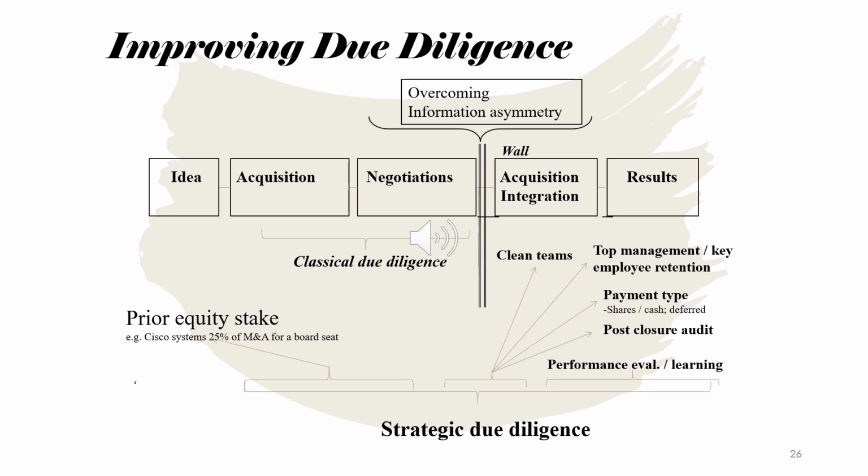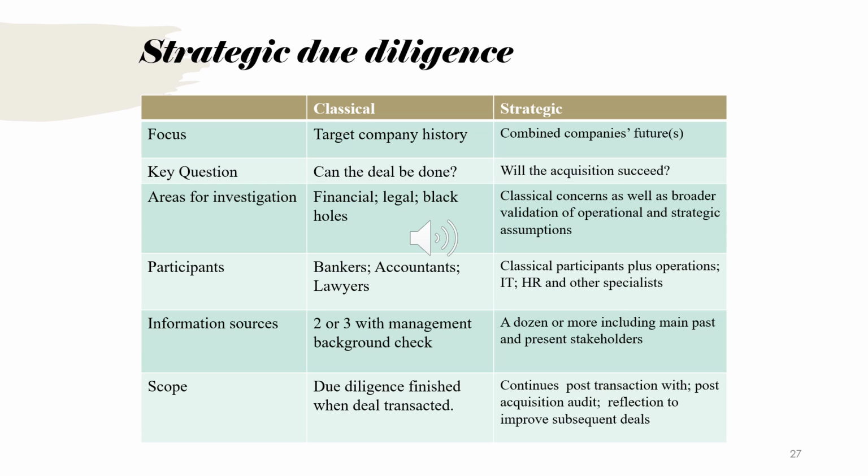And then the final part of strategic due diligence is some form of performance evaluation which allows learning afterwards. It's very surprising that very large numbers of companies never do carry out some sort of performance evaluation. It could be, of course, that chief executives often do these deals and nobody particularly wants to criticise their top management team for things not having worked as well as perhaps was expected.